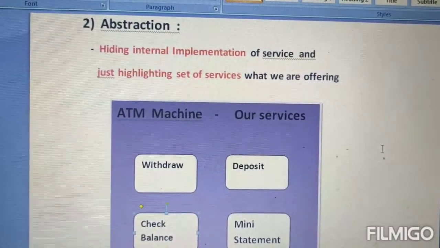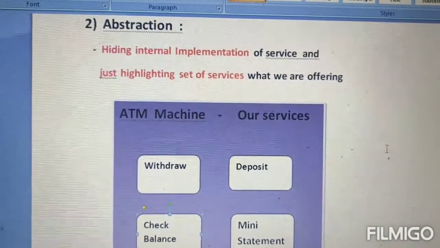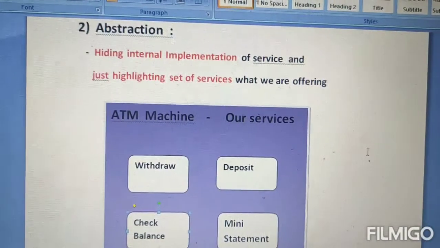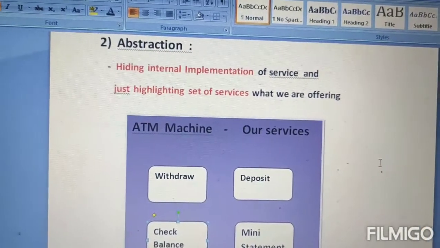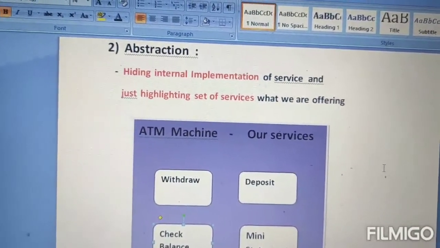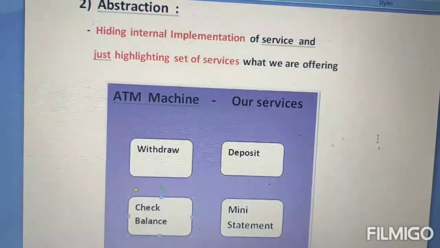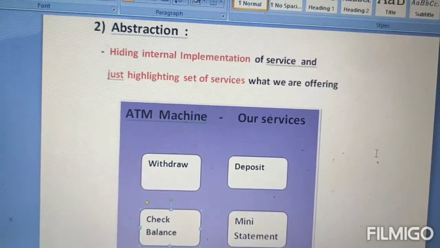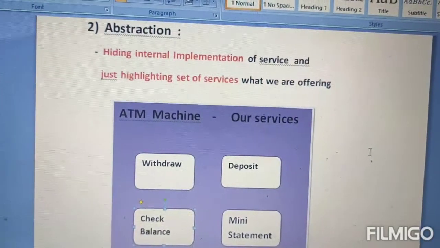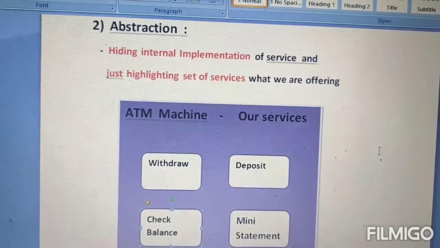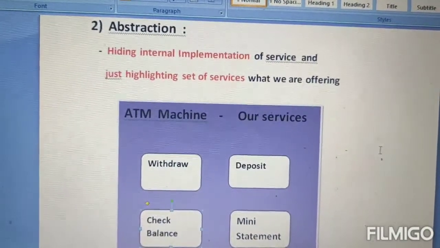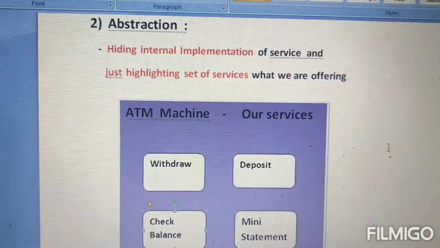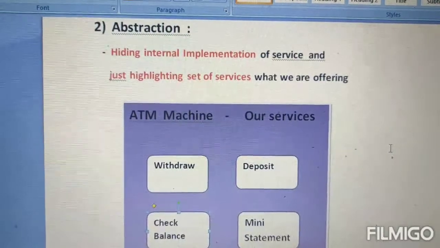Okay guys, today we'll learn about abstraction and the third topic under OOPS concepts, which is encapsulation. So in the previous session we talked about data hiding. What is data hiding? How can we achieve data hiding in Java, and what are the real life examples of data hiding? All these concepts we learned in the previous session. In today's session, we'll talk about abstraction and encapsulation.